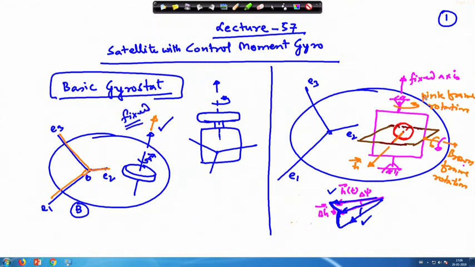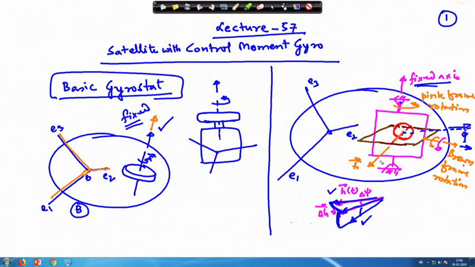While here in this case, this axis is fixed, but this axis is not fixed. You can see that this axis will also rotate. If you rotate it like this, this axis will move from this place to this side. From here to here, it will look something like this. It will move from this place to this place by psi angle.